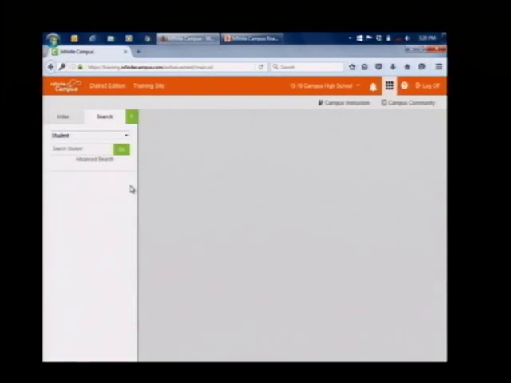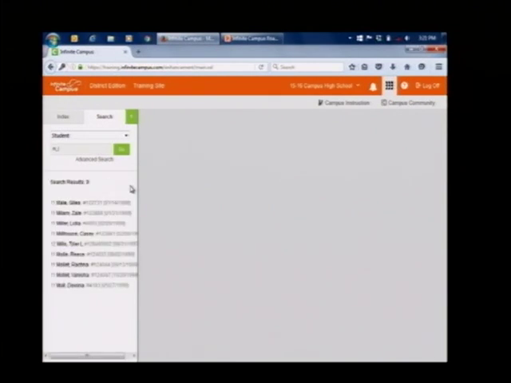Campus has a lot of different ways of searching. Okay, and I know you're used to your current system, and there's a lot of little tips and tricks that you've taught yourself over the years. Infinite Campus has those too. We do things like wildcard searches, such as using an underscore, and I can just type in M_L and see what is returned. And I have any student who has something in between an M and an L.